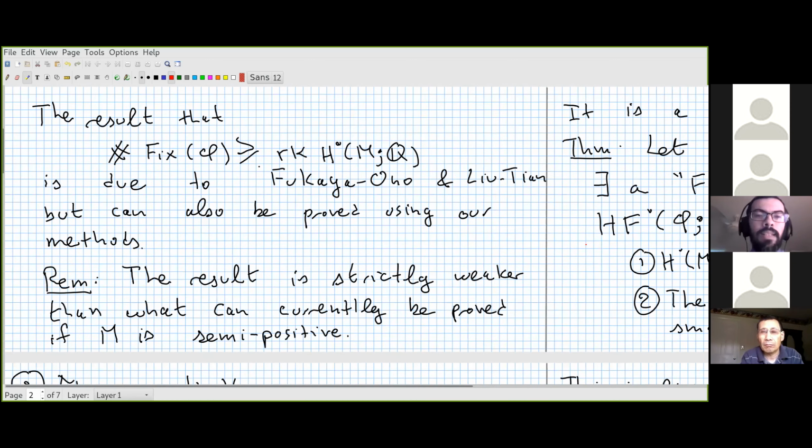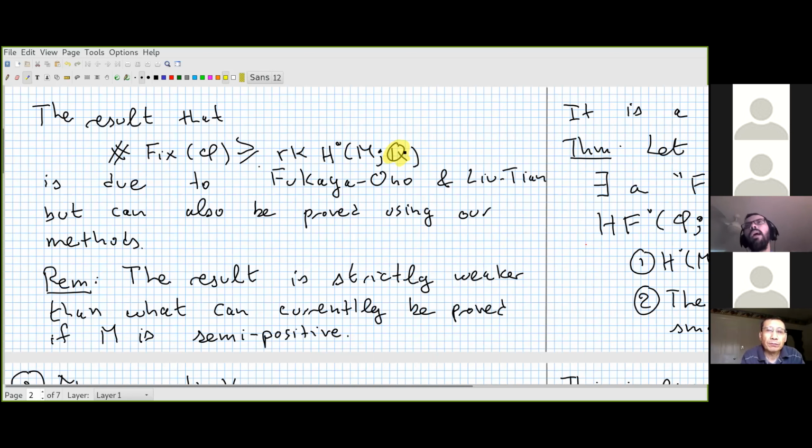Which is basically that if you make your coefficients have characteristic 0, which means working over the rationals, this has been known for about 20 years, a little bit more than 20 years. It's due to Fukaya-Ono, and it's also separately due to Liu-Tian. But what I can say is that the way they proved this is that they took Floer's old result, who